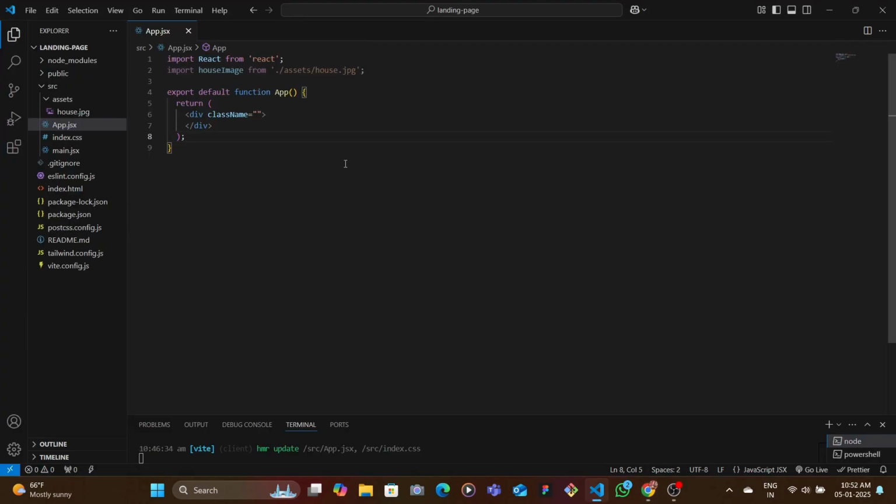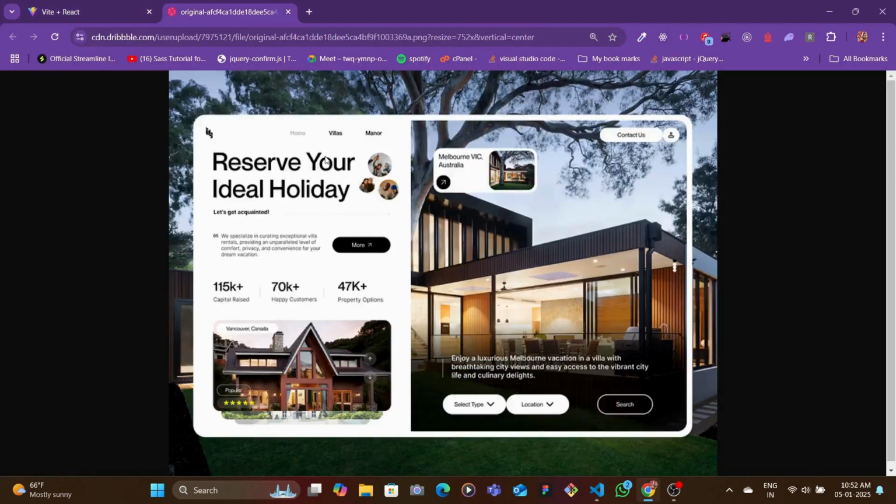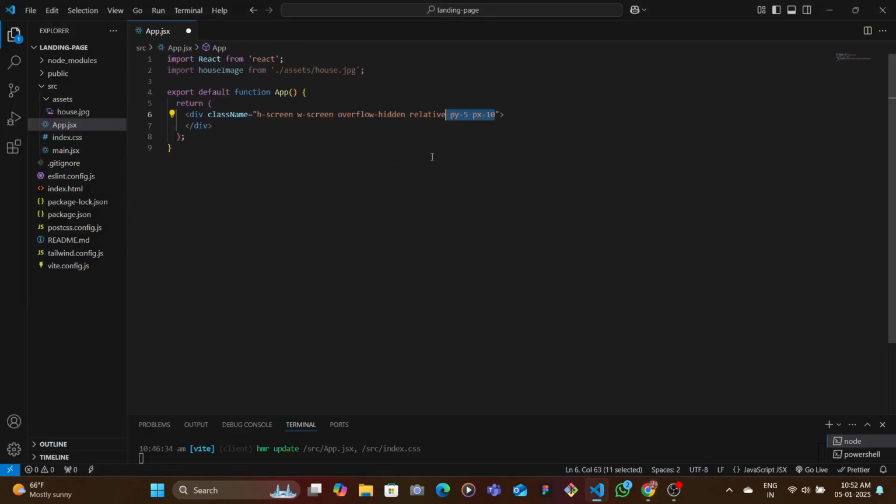Now first, we're gonna be creating the container to hold everything. So the container would have a height and width of screen, which is basically 100 viewport height and 100 viewport width, and then overflow hidden, and we'll set the position to relative, since the background image that you see would be absolutely placed. Then after that, we're gonna add some paddings, and then we're gonna add the image with source